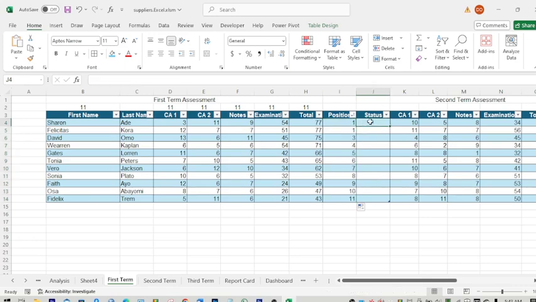So this status is to know if they passed or not. So in this status, you can use the IF function. These I will explain